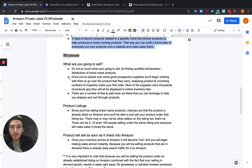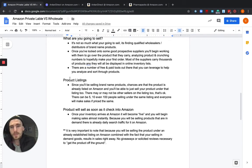So once you've found your product that you're going to sell, once you found a supplier to get that product from, once you've locked down your tools that you're actually going to use to build your wholesale business, like your paid tools, your free tools, things like that for analyzing products, the next thing you need to think about is a listing, okay, guys? Unlike private label, guys, the product listing is super easy. It takes care of itself. If you're selling a brand name product,